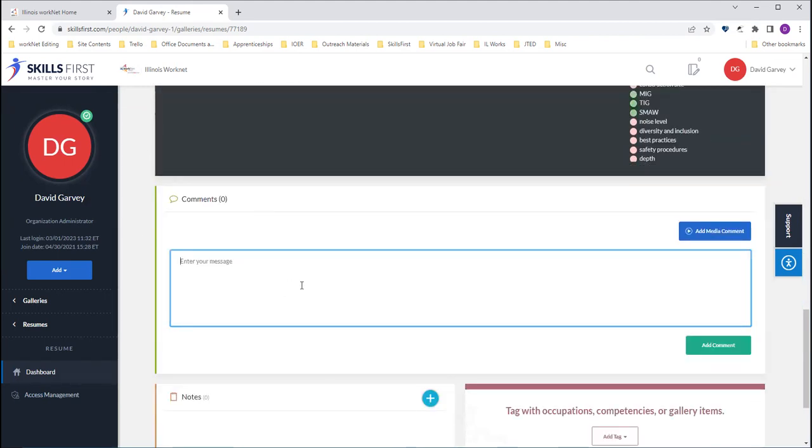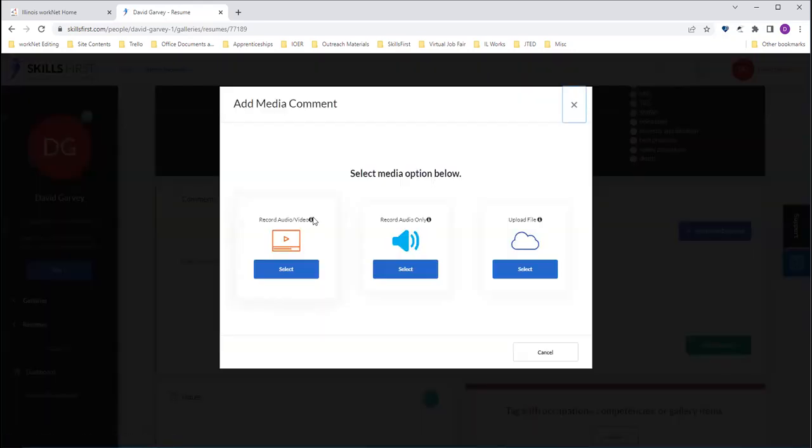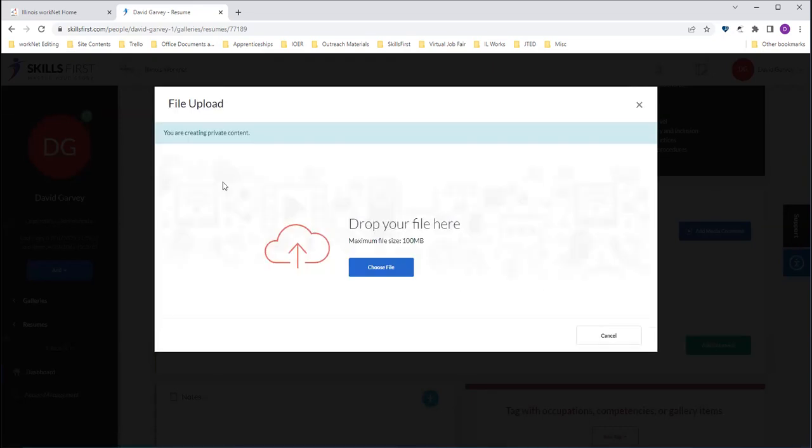just below the resume, there's a comment box. So you'd be able to add a comment here that your client would be able to see when they work on their resume. And so you can add a text comment here, or we have a media comment. So you could record an audio or video clip and add it here, record audio only, or you could upload a file, which I believe are essentially the main ones, Word, PDF, Excel, PowerPoint. But